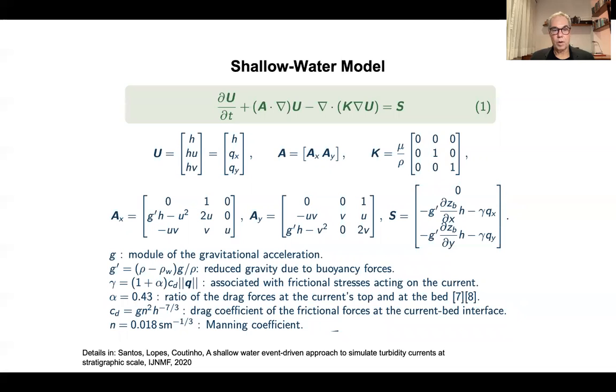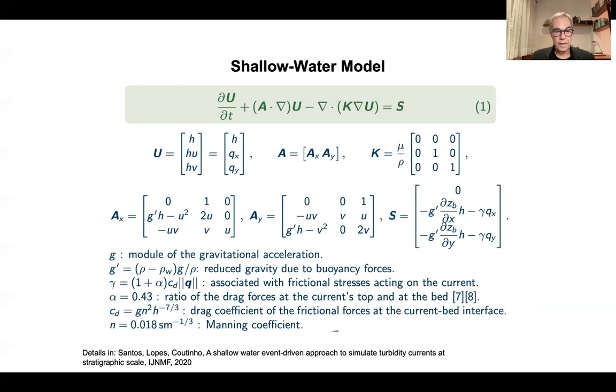Let's now focus on the shallow water models. In equation 1, you can see the shallow water model written as a system of advective diffusion equations. U is a vector of the unknowns: the water head, u and v are velocities, and Qx and Qy are the fluxes. The tensors A are given below. The diffusivity is basically the ratio between viscosity and density. S is the source term,